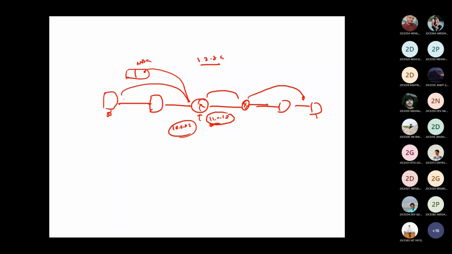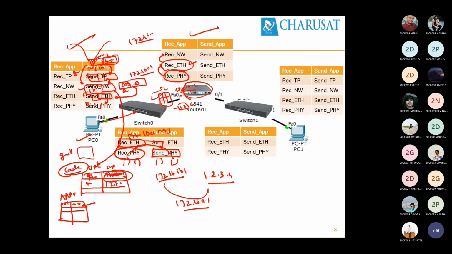No need of involvement of the network layer. It sends using the Ethernet layer. No need of involvement of the network layer over here. Okay. So over here, if this is receiving Ethernet, if the MAC address of the frame belongs to itself, then it forwards to the network layer. Now the network layer contacts the routing table.